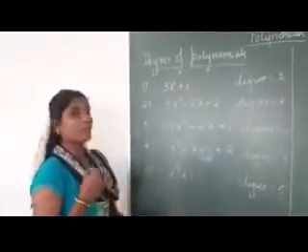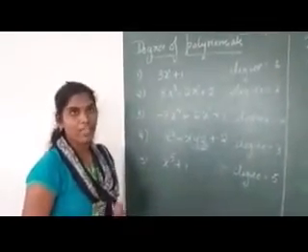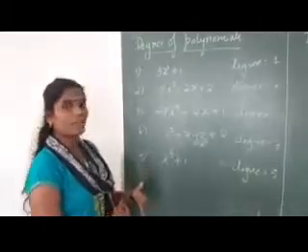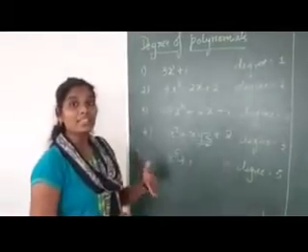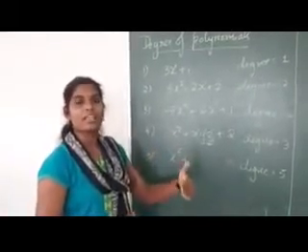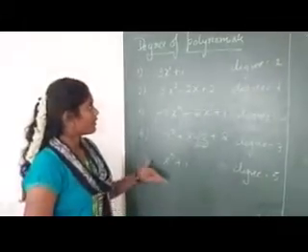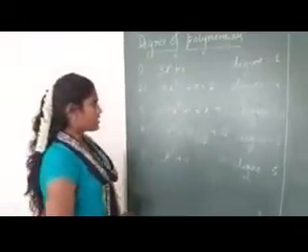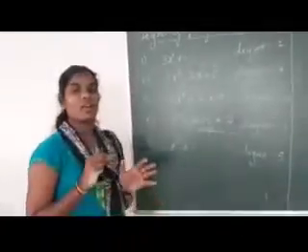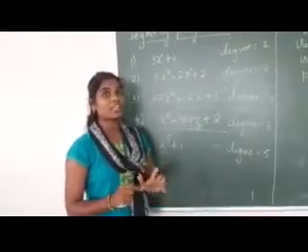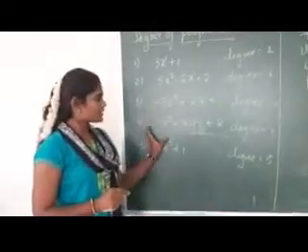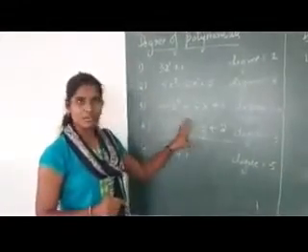So how are you going to define the degree of a polynomial? Can I say that the degree of a polynomial is nothing but the highest power of the variable in the given expression? In the beginning itself I told you that we are going to learn only about polynomials with one variable. Here I have considered a term with 3 variables, just for your information.